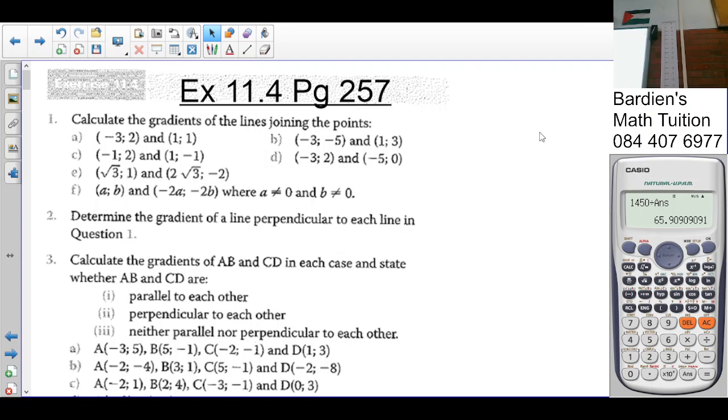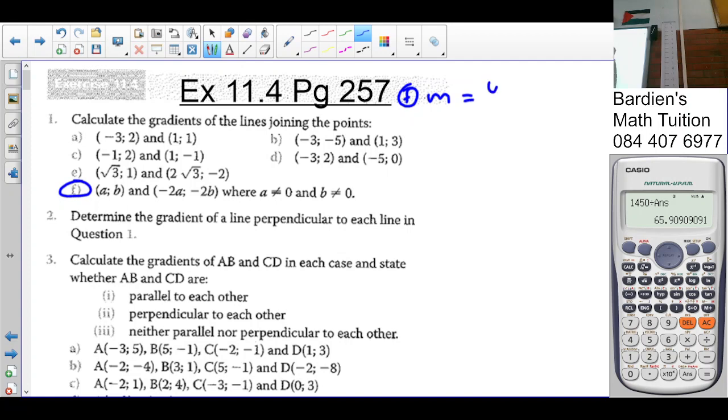You have to do number 1, all 5 sums. Right. Any issues with number 1? Any issues prior to 1(f)? No. So the gradient, this is now 1(f). Calculate the gradient of the line joining these points. So the gradient of